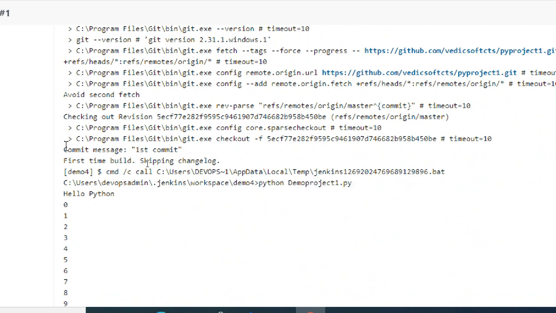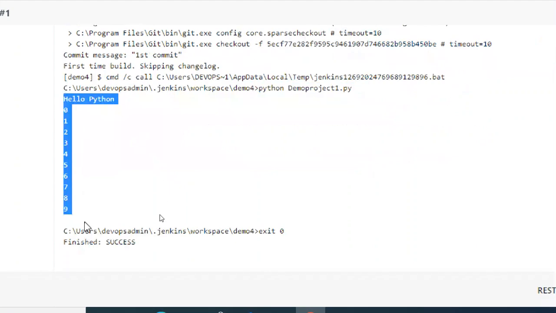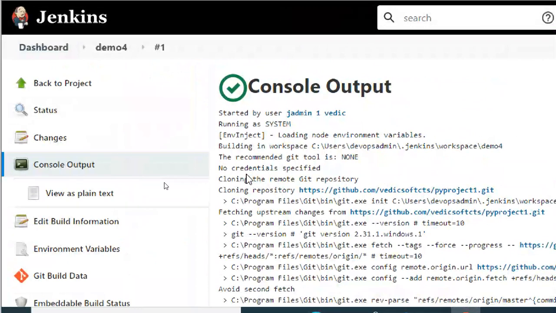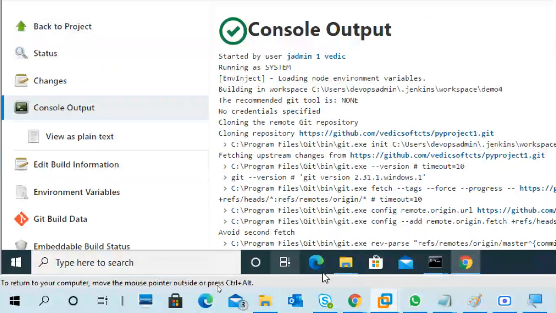Okay, so what is the last commit, and it executes that command, and my program executes hello python and 0 to 9 things. Okay, so how to access from GitHub: the source location is at GitHub. I took it from GitHub and automated the process with my Jenkins.